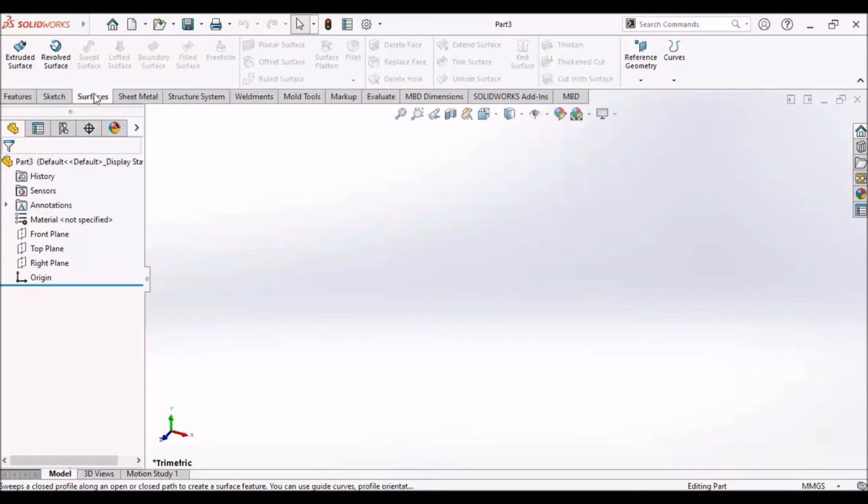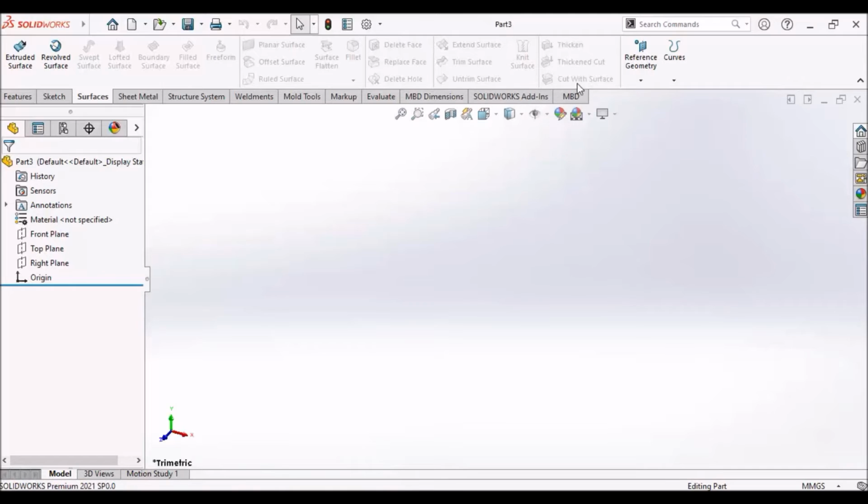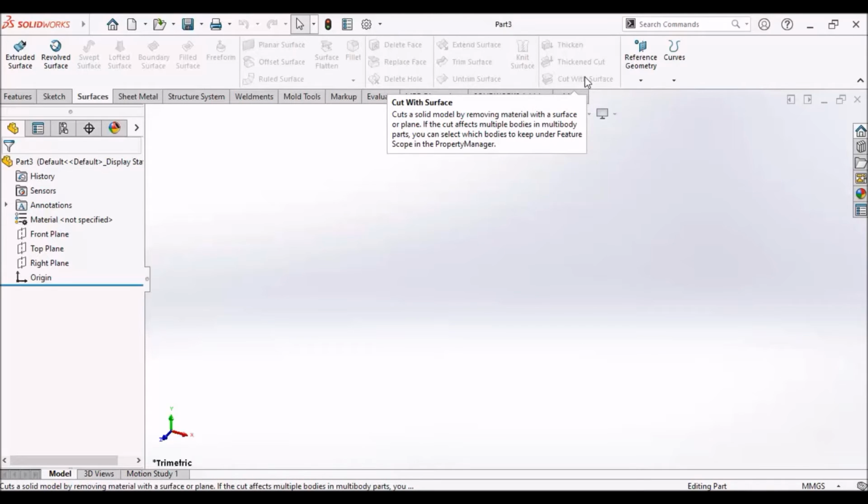Surface modeling is all about how we can design complex things in SolidWorks, like chairs and helmets, very irregular curvature shaped entities that we can really perform in SolidWorks. We can easily mold them. In that scenario, we can use surface modeling tools. There are a lot of things like planar surface, offset surface. These are some advanced tools, along with thicken and cut with surface, which are the hybrid modeling tools. If I work with solid modeling as well as surface modeling, then we use these kinds of things easily.